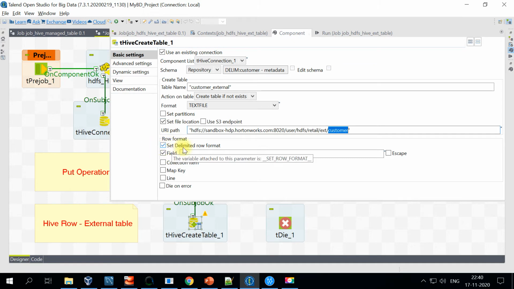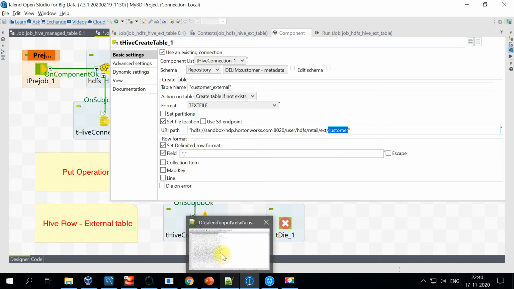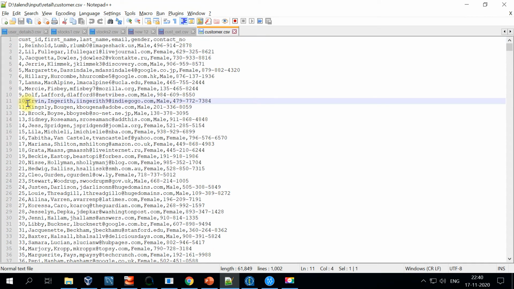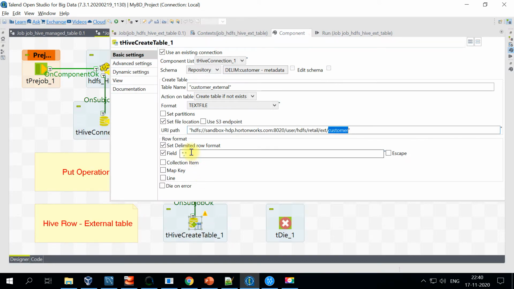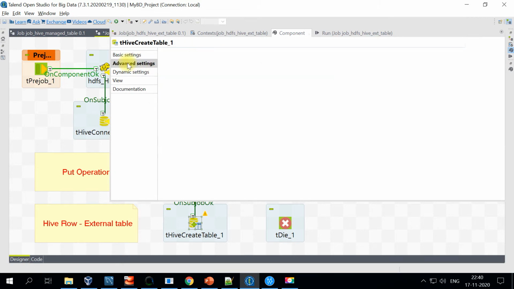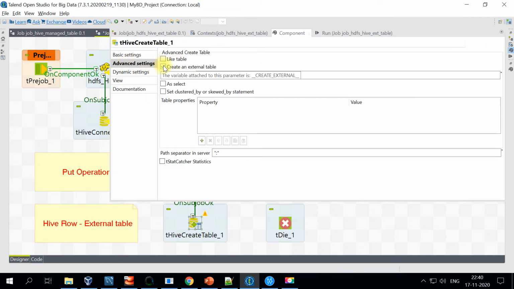Okay, so that's about the file location. And similarly, we have to set the delimited formats. In our case, the input file has comma as a delimiter, so we'll be setting that here. And that's all on the basic setting. If you go to advanced setting, this is where we will have to make a check mark. With this check mark, we are saying the table that we are creating is an external table, right?